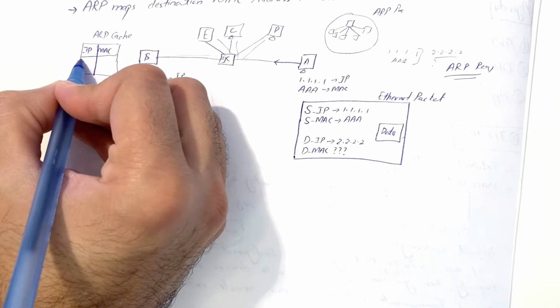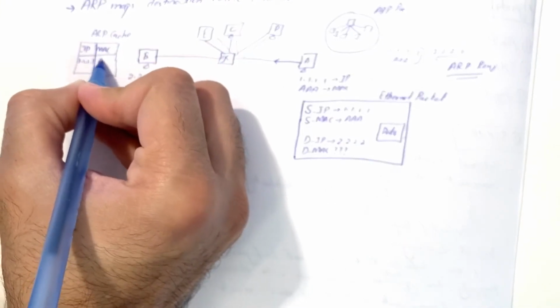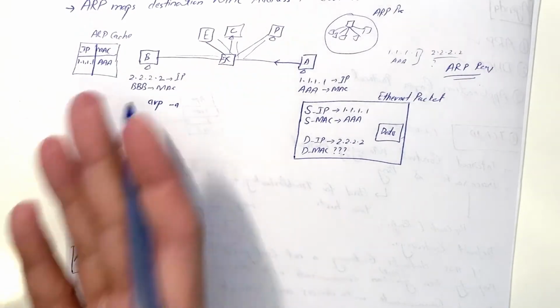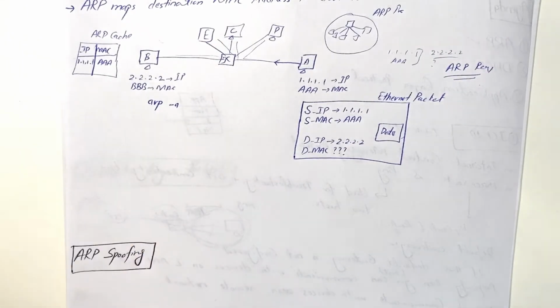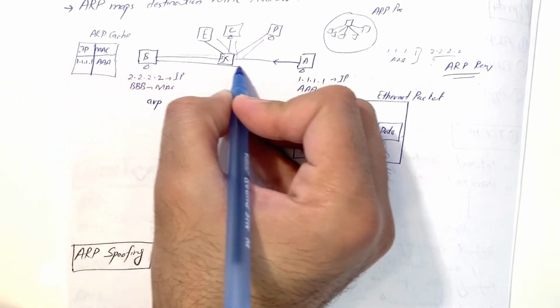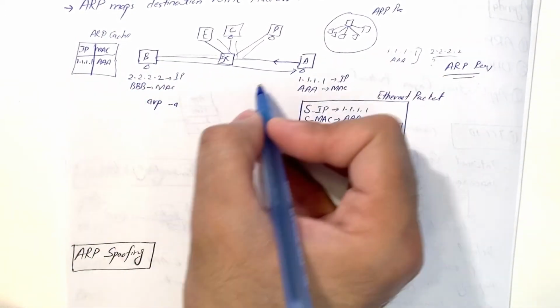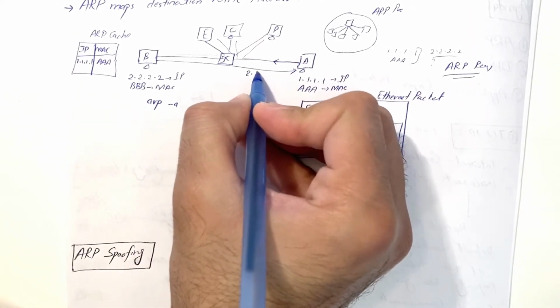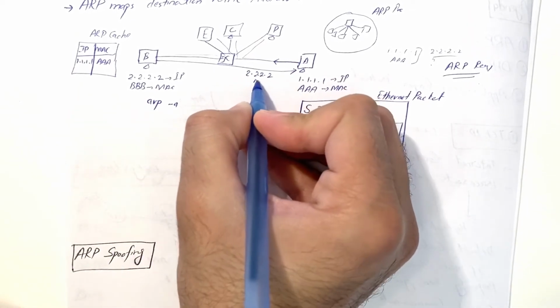So it will store 1.1.1.1, its MAC address is AAA, for future reference. If I want to send anything to A, I can pull the information from my ARP cache. Now B will send an ARP response to A as well, like, hey, I am 2.2.2.2 and my MAC address is